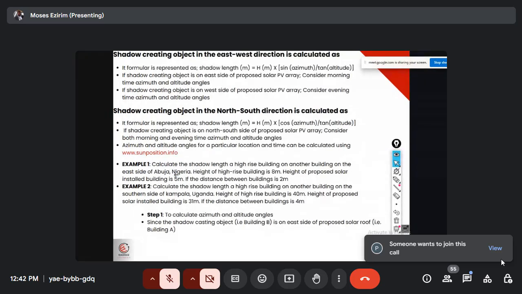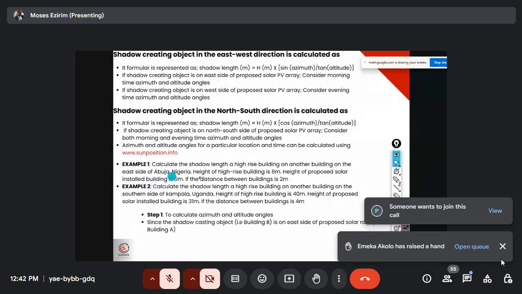I'm doing just one. All right. We're going to do the other one. A building on the east side of another building in Abuja, Nigeria. The height of the high-rise building is 8 meters. The height of the proposed solar installed building is 5 meters. If the distance